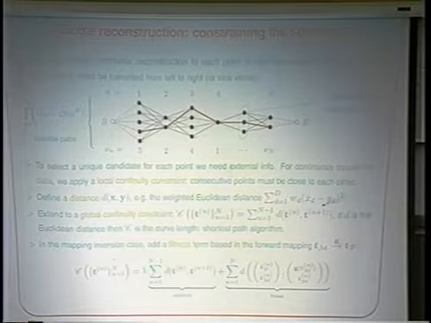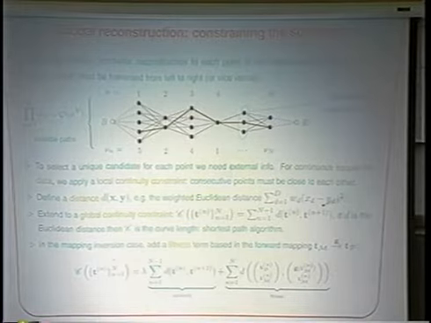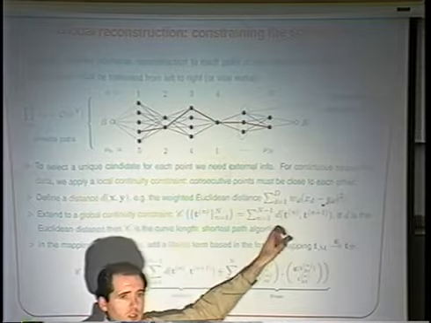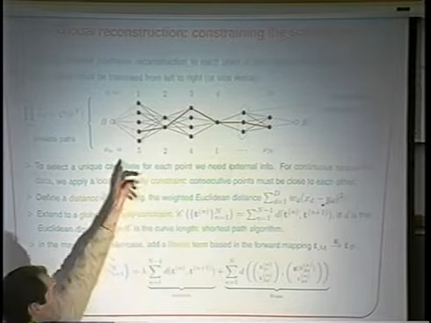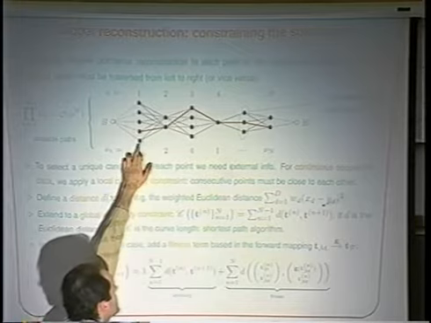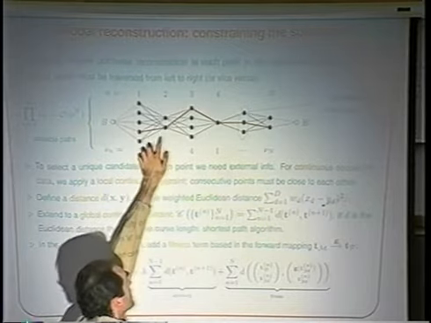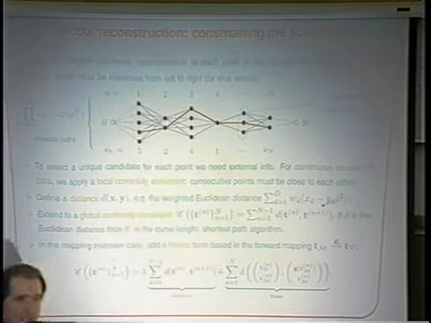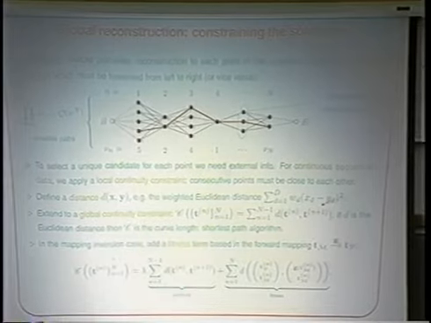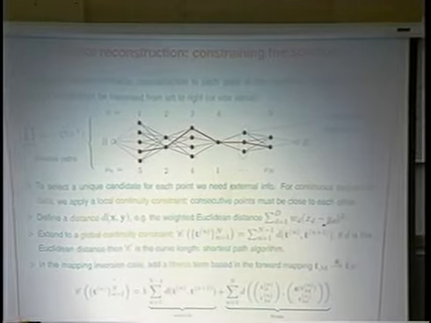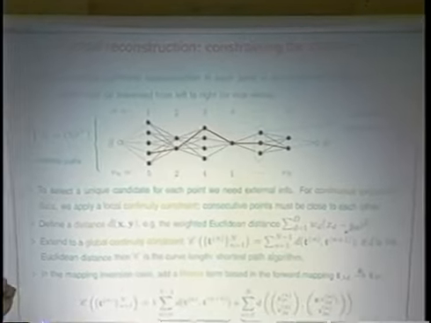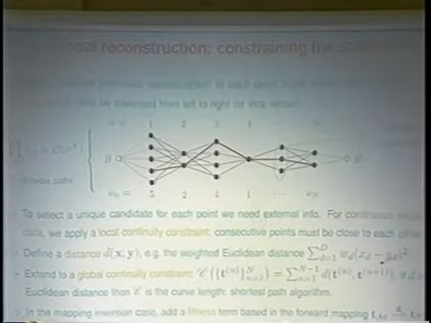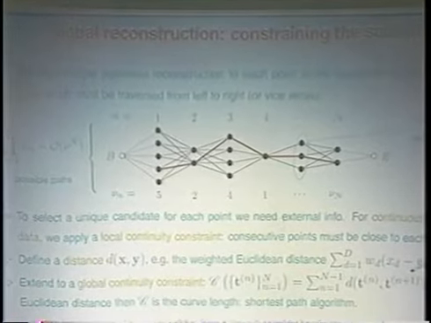So I can define simply a continuity constraint there by summing all the distances between consecutive points once I reconstruct them with one of those points. So I choose this point here, and then in T2 I choose the second one. What is that particular distance? I add that distance. I go to the next one, I choose another one, and I add the distance. So altogether I have the length of the trajectory. I want the trajectory with the shortest length. And how can I do that?